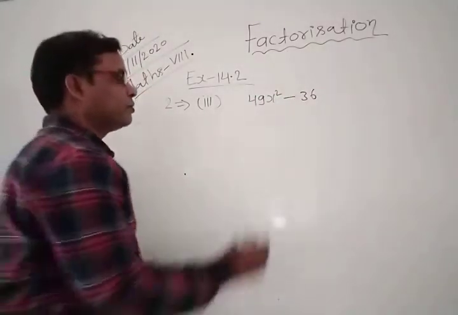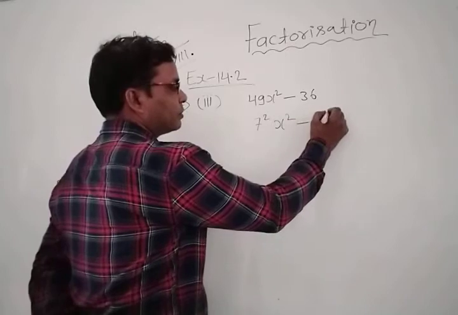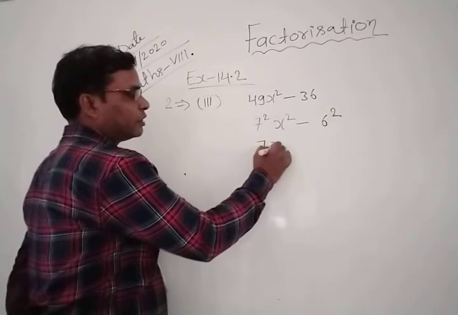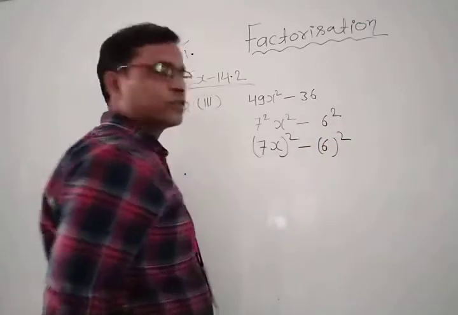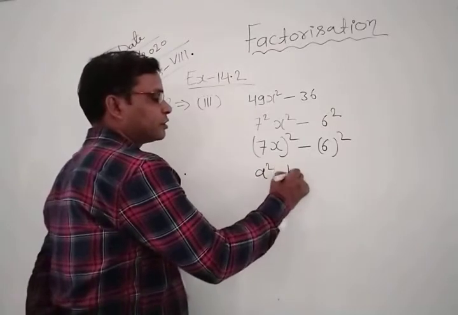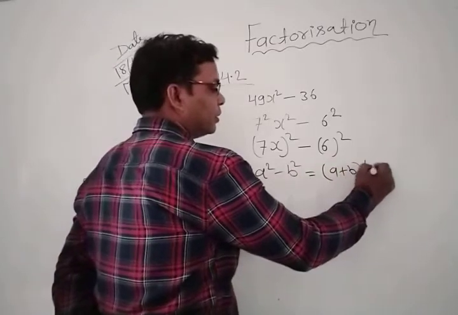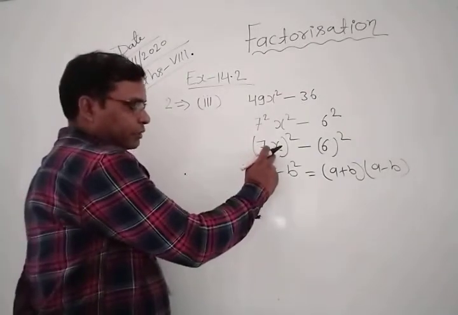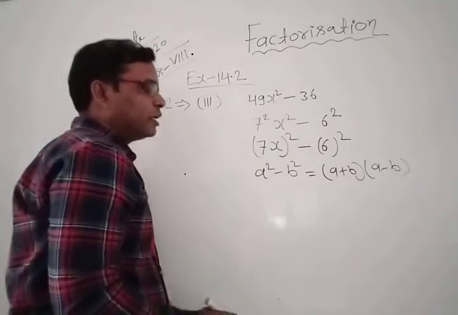Clear? So 49 is the square of 7, so 49x square is (7x) whole square, minus the square of 6, which is 6 whole square. This is the form of a square minus b square, which is equal to a plus b into a minus b. Now 7x is equal to a and 6 is equal to b. If you put it here, you obtain